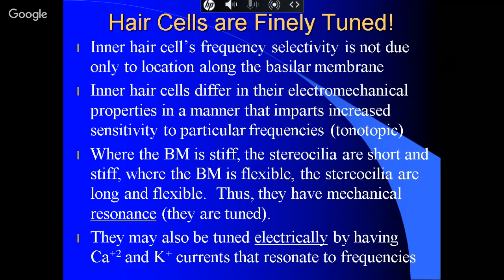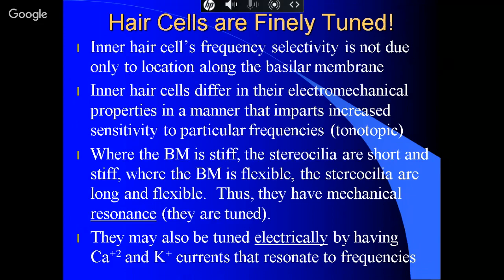The actual stiffness of the cilia allows the cell to tune to a certain pitch. Remember, higher frequency, higher energy. Higher energy, you want a system that's very stiff, okay? Low energy, low frequency, you want a system that's very soft. So the basilar membrane is hard to soft. The cilia that are in the inner hair cells also are hard to soft. It's not just the basilar membrane. The cilia that are up there are stiffer or more pliant, and they therefore contribute to the exquisite tuning, because